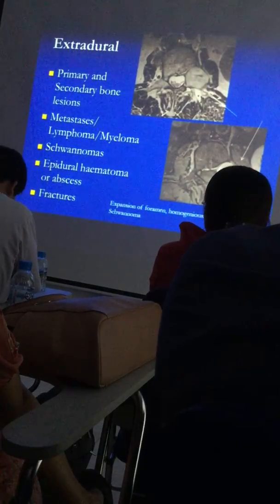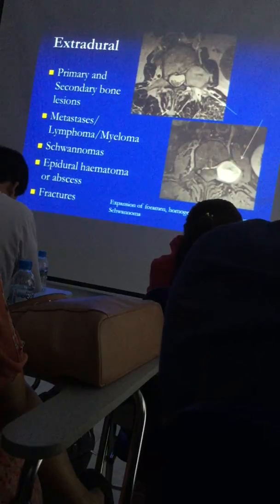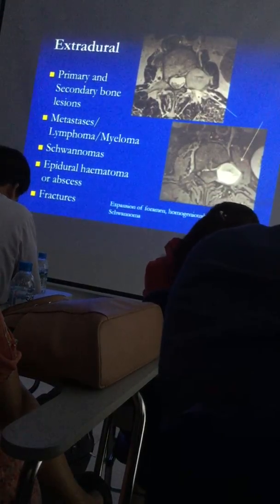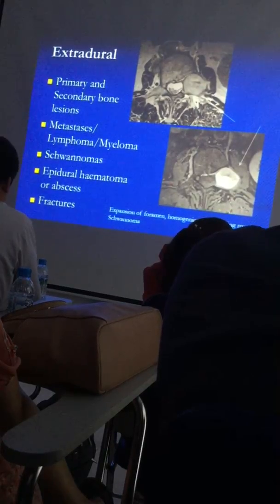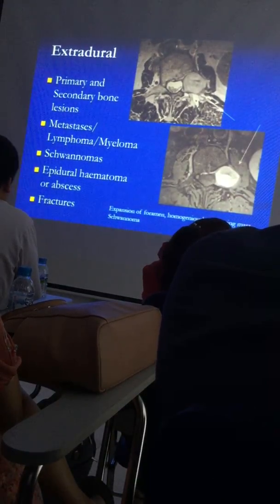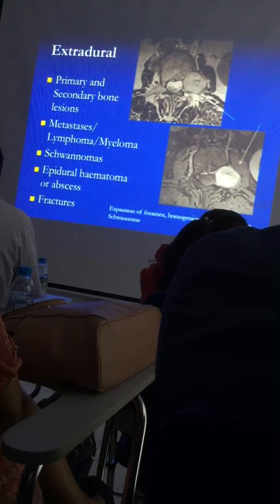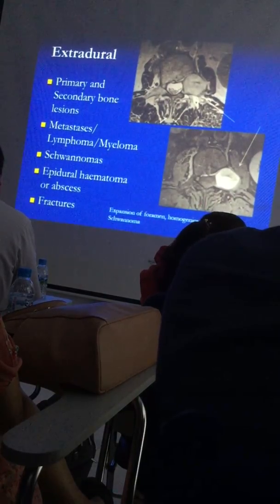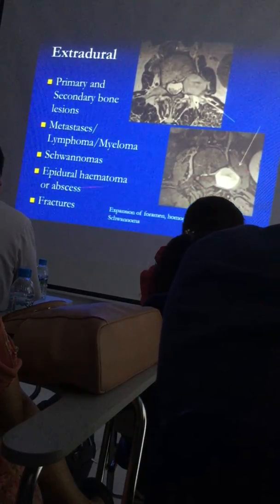So look for whether the cortex is intact. So the extradural lesions are metastases we've seen, lymphoma, schwannoma, myeloma, but they also can be epidural hematoma, either traumatic epidural hematoma or a post-surgical hematoma, which is pushing in from the back or from a